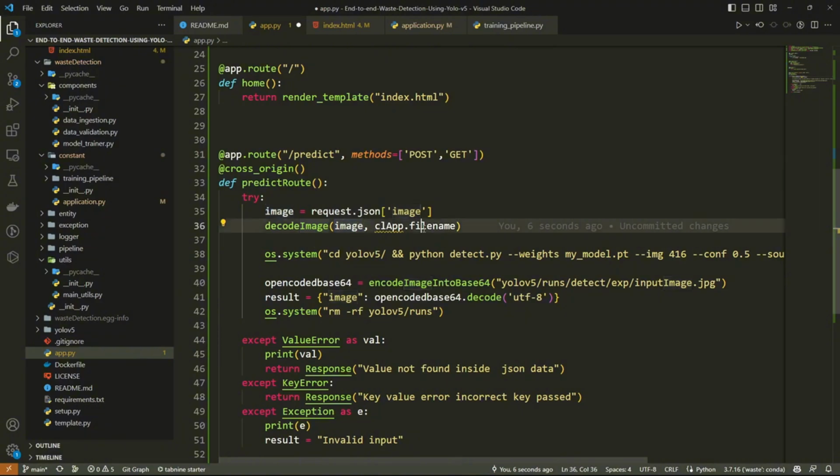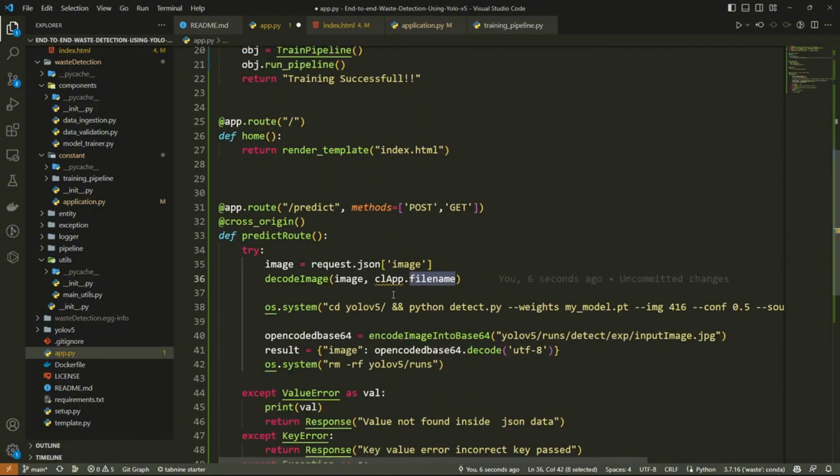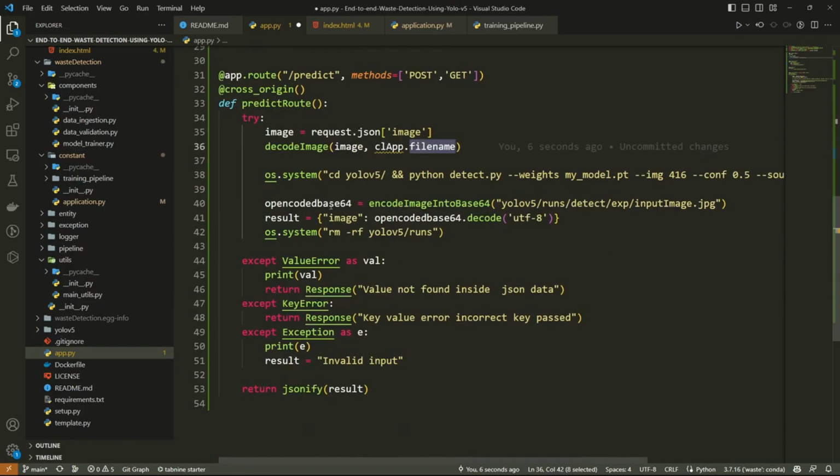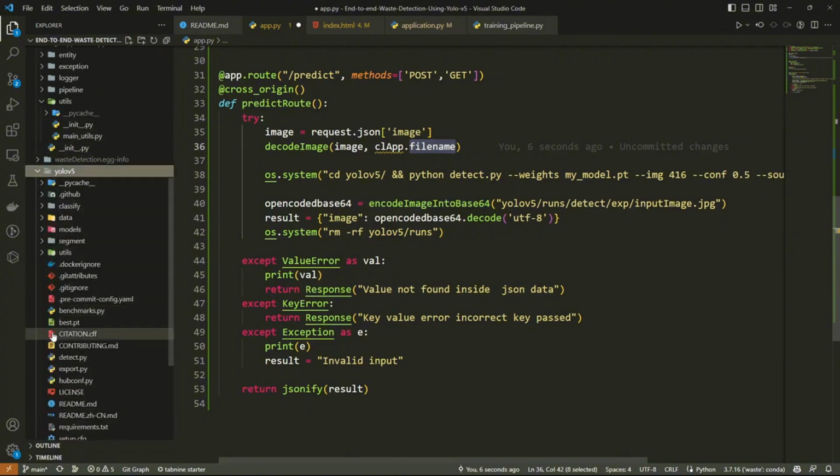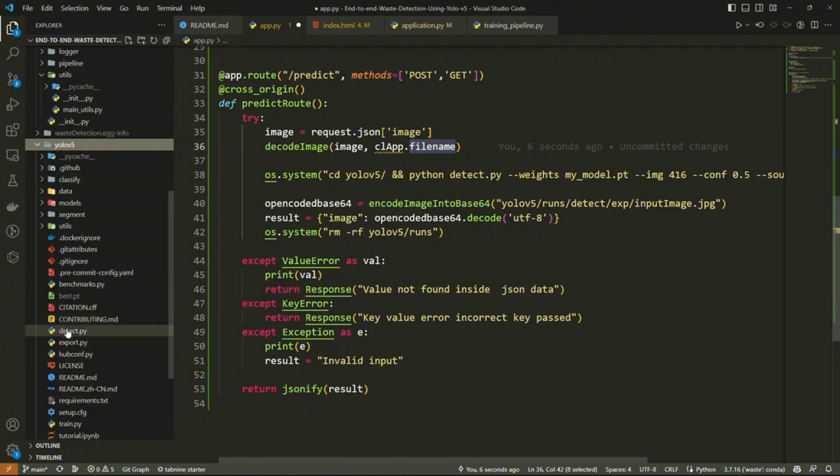Then this is the name I was calling from my client app. I will initialize this client app later on. Then I think you remember in the notebook I was running one command to do the prediction. In YOLO v5 I have one file called detect.py. As you can see, detect.py. So this thing only I'm doing. As you can see, I'm going inside this YOLO v5 folder, and I'm executing this and